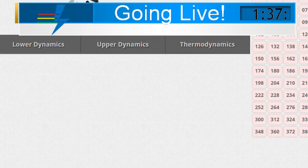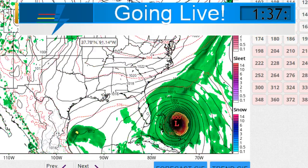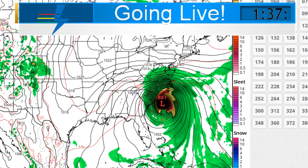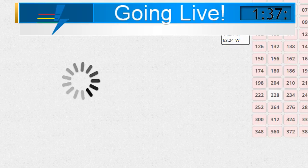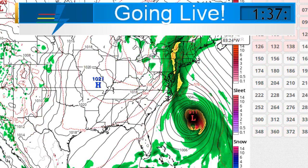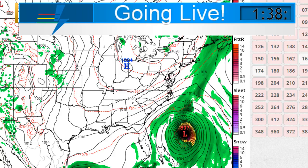If I go to the Zero Zulu run, and we just take that on, this one ain't quite it. It was one in the past. There was one in the past that did show record-breaking low pressure. So if I can get to that,